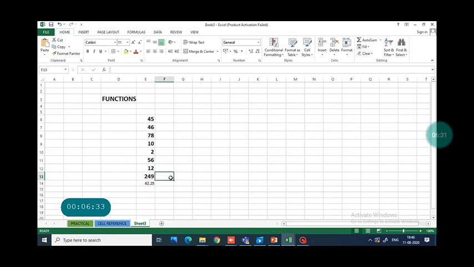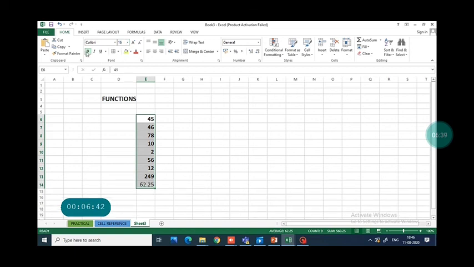The same you can do for counting the numbers. This displays the count of the values in the given range. So a total of 9 counts are there, 9 numbers are there. Again select it, then click on the drop down arrow of auto sum and select count numbers. How many numbers are there? 9 numbers.